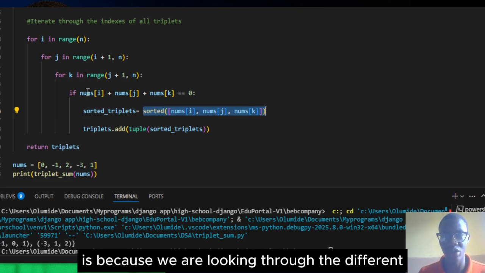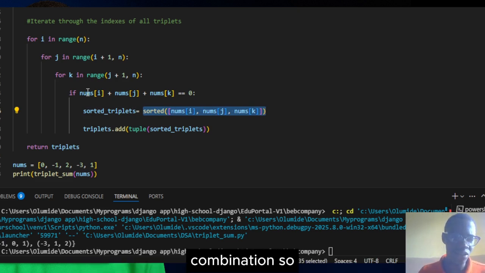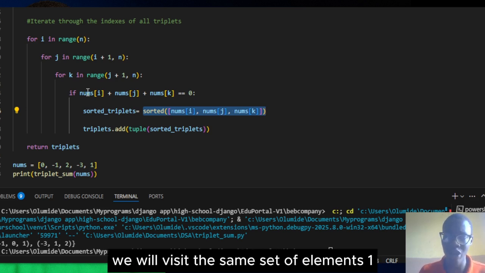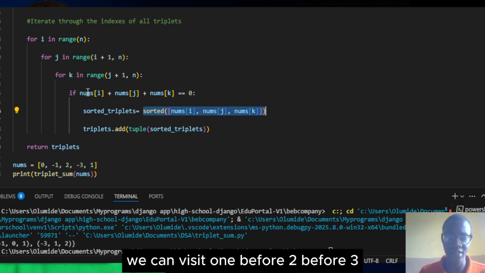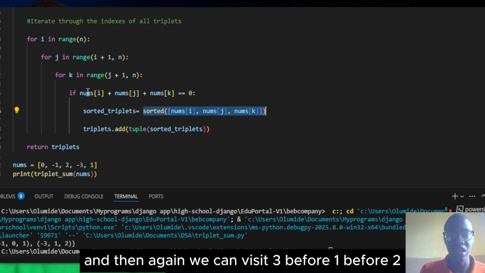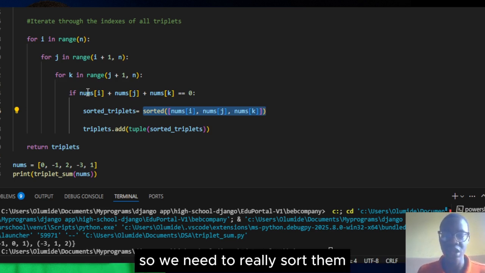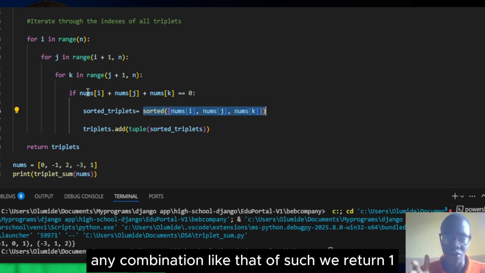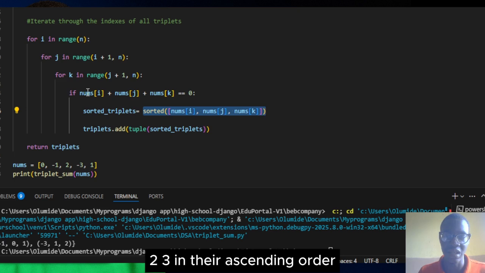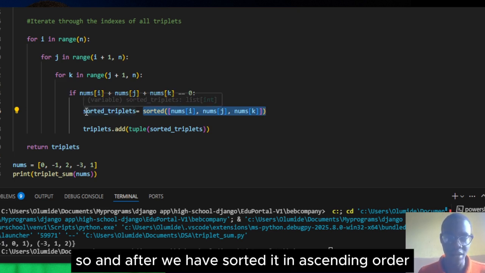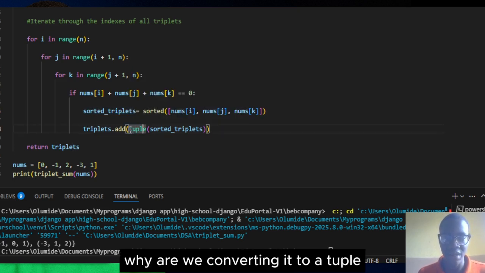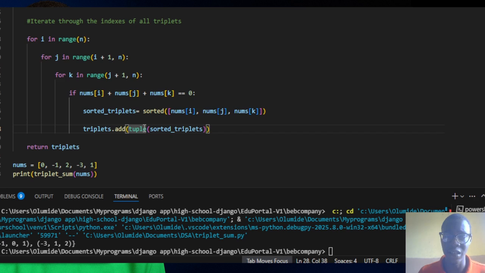Why we are sorting it is because we are looking through the different combinations. So there's a probability that we will visit the same set of elements 1 2 3 more than once. We can visit 1 before 2, before 3, and then again you can visit 3 before 1, before 2. So we need to really sort them so that when they are sorted in ascending order, any combination like that will return 1, 2, 3 in their ascending order. After we have sorted it in ascending order, we are going to convert it to a tuple. Why we are converting it to a tuple is because a set in Python does not